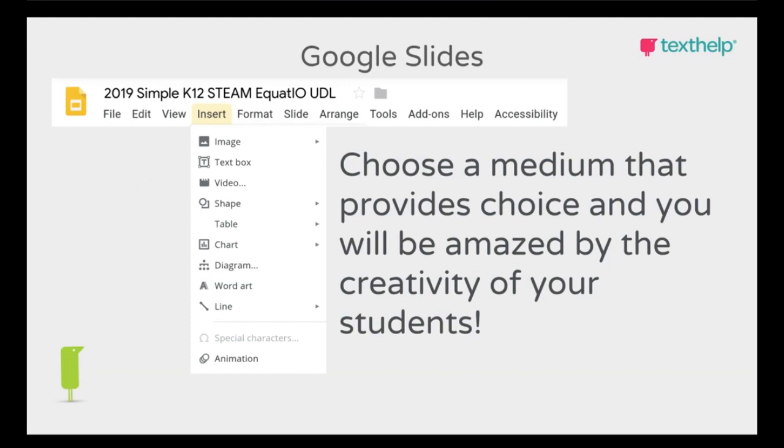When I first gave an assignment on Google Slides, I realized that Google Docs and Microsoft Word are made to create prose, and math and science generally do not fit in the box of writing prose. We don't care about paragraphs. We don't really care about indentation and font size and all those different constructs that documents have. You'll see me in a minute demo in a Google Doc, but I think there's a reason for that. It's choosing the best tool. But I think Google Slides is the medium that provides students the most choice.